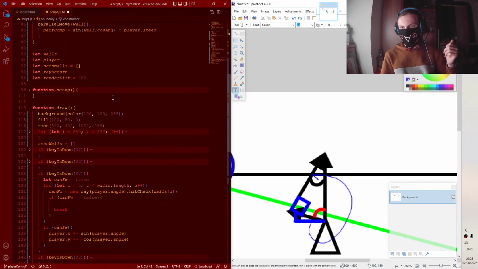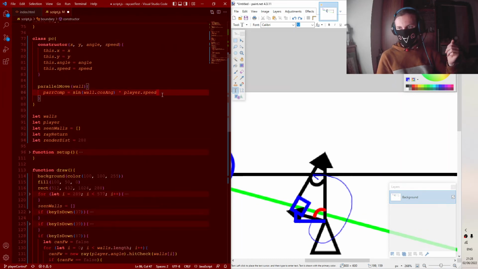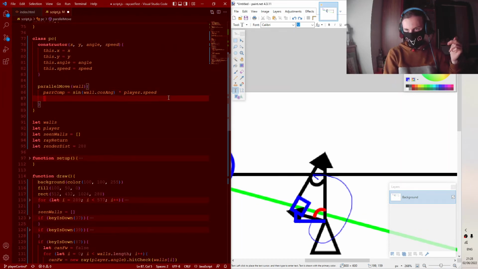Okay, let's just find the x component of that equals